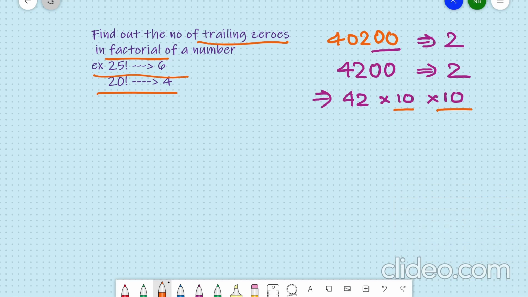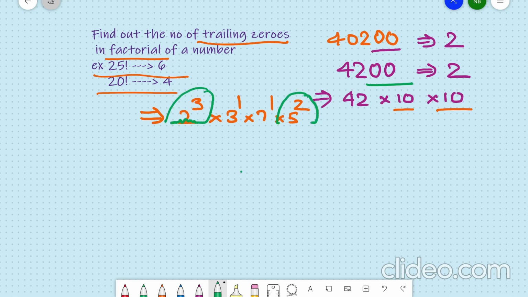Correct? Now, if I look at the PFF, the prime factorization, of this number that we have already done, it will be 2 to the power 3 into 3 to the power 1 into 7 to the power 1 into 5 to the power 2. Correct? Now, if you look at this number carefully, to get a 0 at the end of a number, the responsible prime factors are 2 and 5. These are the ones we need to take care of. Now we have got three 2's and two 5's. So how many zeros have I got? 2 zeros. So that means the minimum of